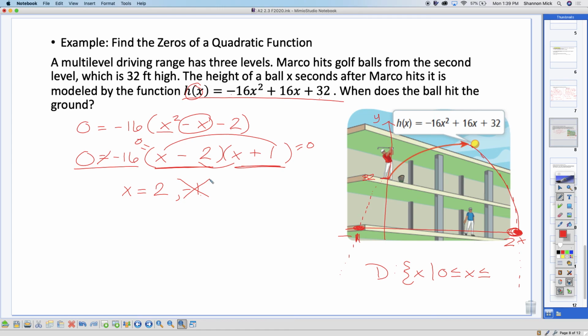So what's my domain going to be? 0 to what? 2. And again, the function itself is negative infinity to positive infinity. But since I put it in this situation, it's only from 0 to what? 2. So now we need to answer the question. When does the ball hit the ground? 2 seconds. So we got a complete sentence. The ball hits the ground 2 seconds after